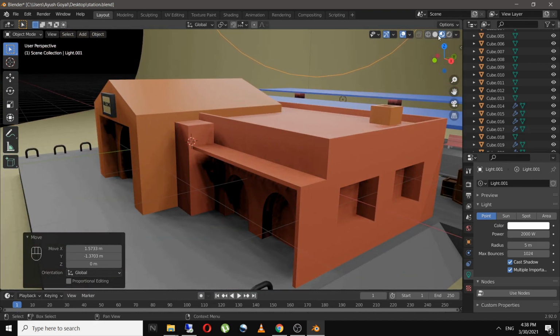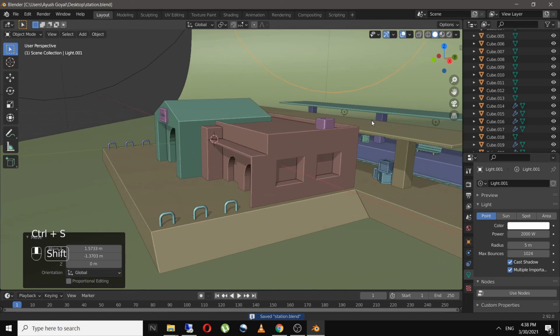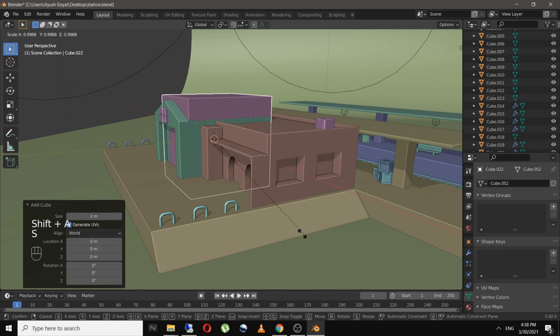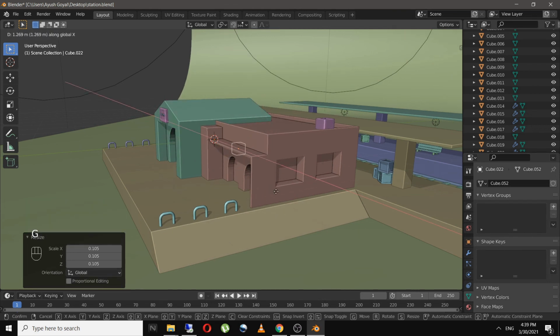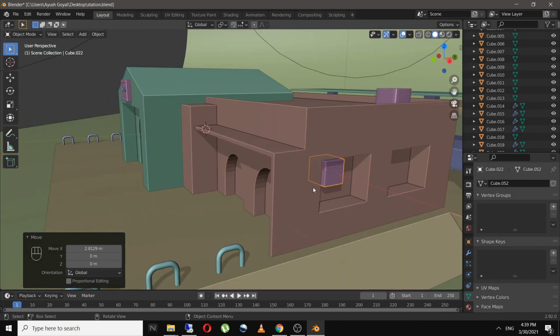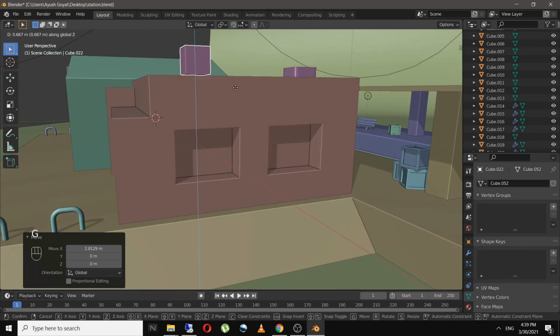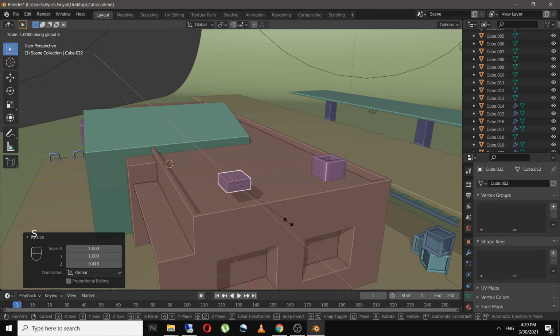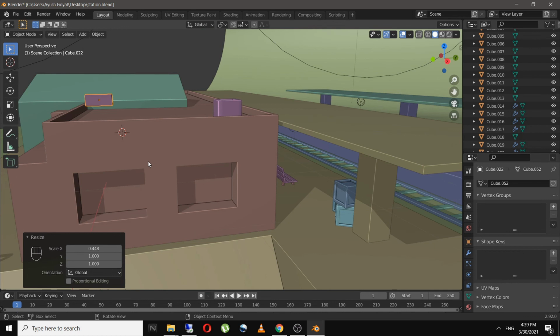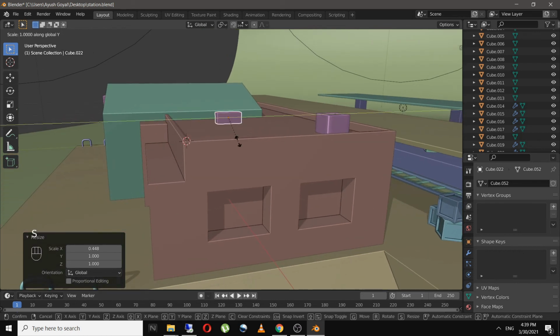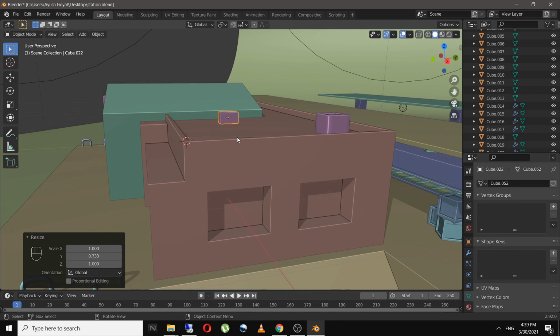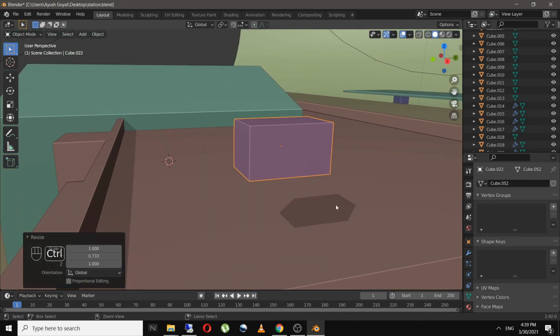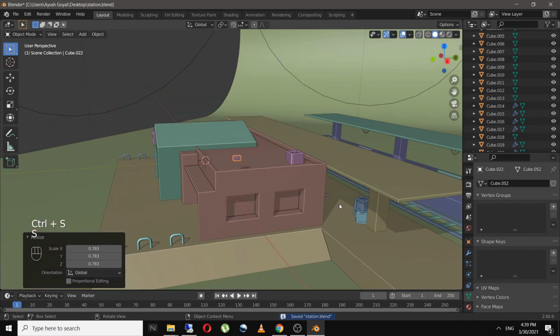And now what I'm going to do is add in small brick looking structure into the building to give it a low poly effect. So for that, go to mesh and add a cube, scale it down and scale it on Z axis. It should look like a brick. So I will place the bricks over here.